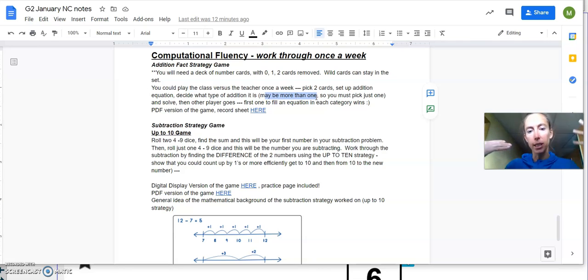It could also be considered an add 9s fact. It depends on which way you want to solve it. So you would just decide. And then the first one to fill an equation in every category wins. So if you notice on the record sheet,